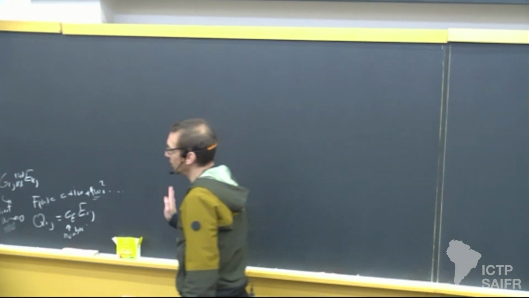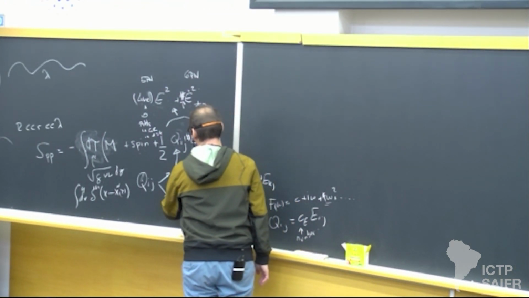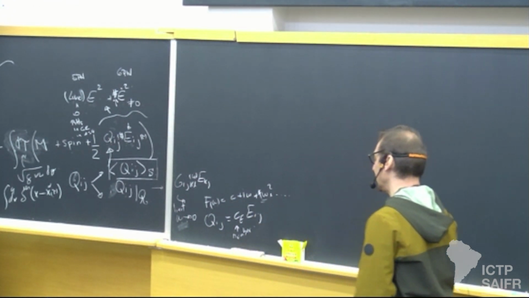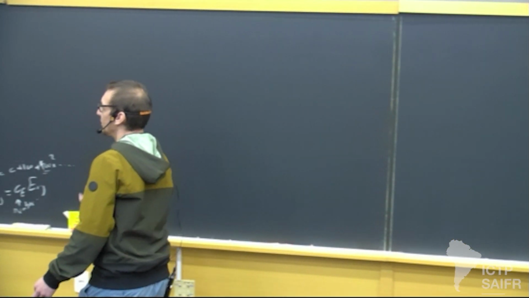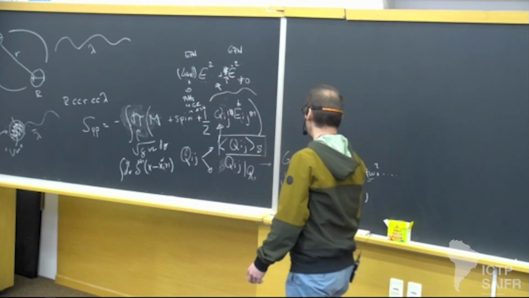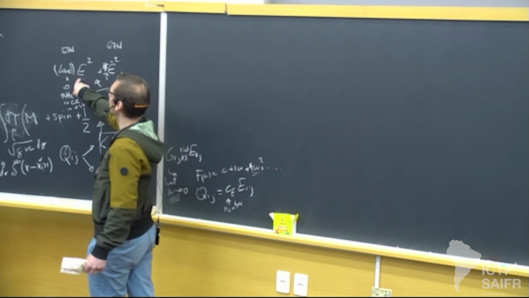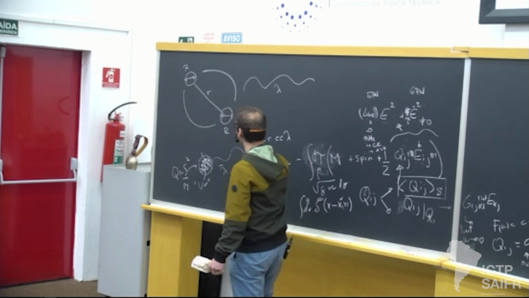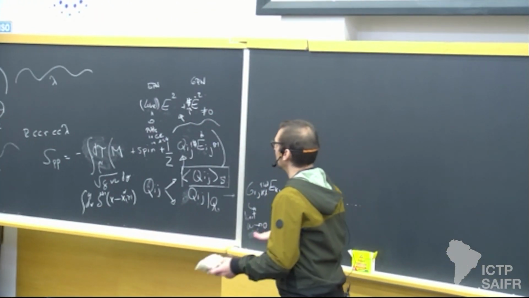And this logic we can use also for the binary, and this is where we stopped last time. For the case of the binary, I'm going to use exactly the same theory. The difference is that in the case of the black holes, I care a lot about this guy, because this is the guy that's giving me the response of the compact objects that will eventually enter in the waveform. For the case of the binary,